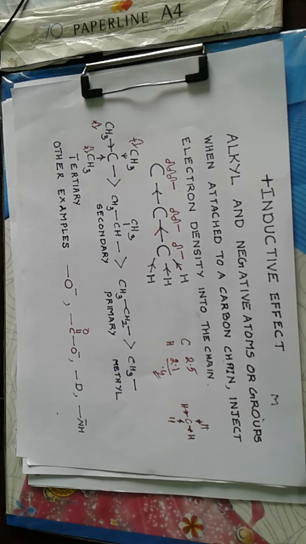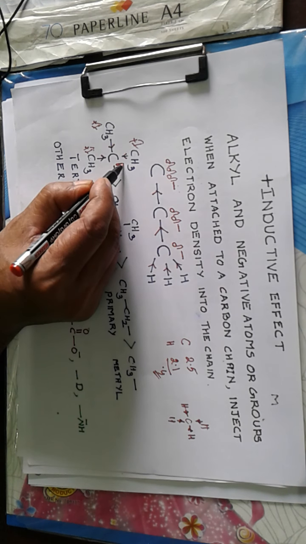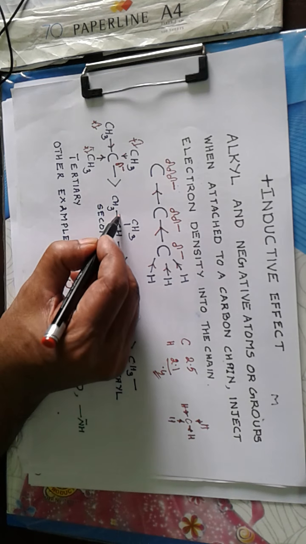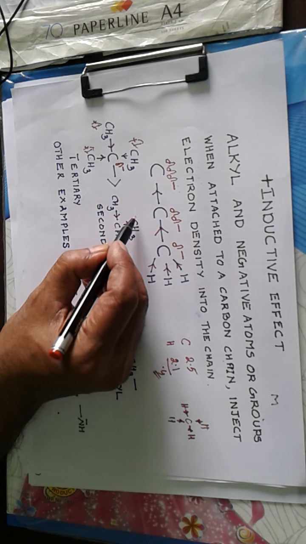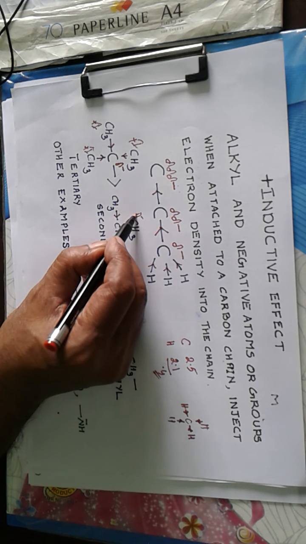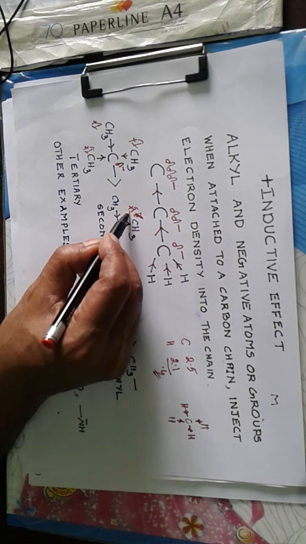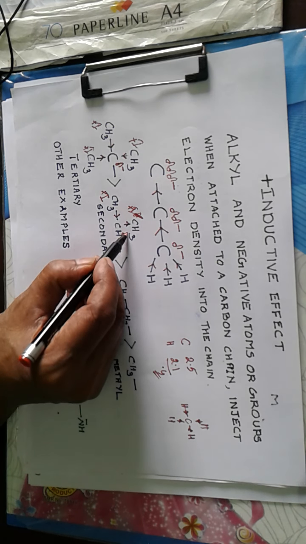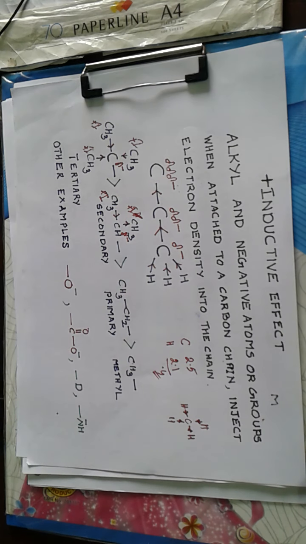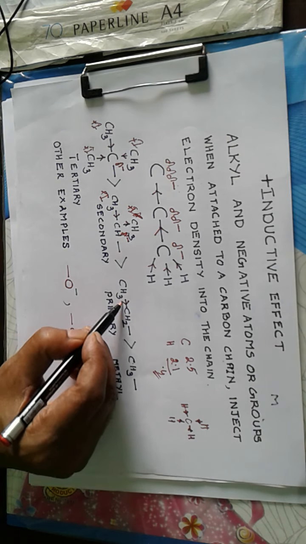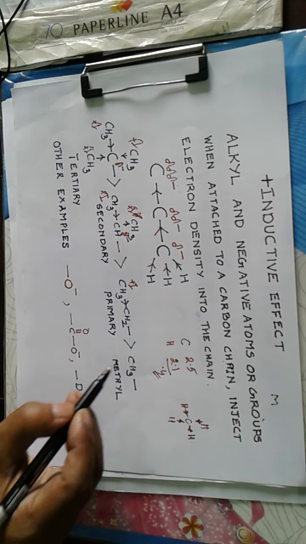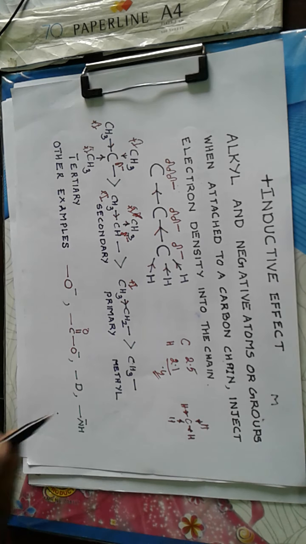So this combined plus I effect of 3 methyl groups creates an appreciable negative charge over the tertiary carbon, whereas in the case of a secondary alkyl group, there are only 2 methyl groups connected to the carbon. So plus I of one methyl and plus I of the second methyl, so that the negative charge created here is delta dash negative, and there is only one methyl group in an ethyl group, so only one plus I effect, and there is practically no plus I effect for a simple methyl group.